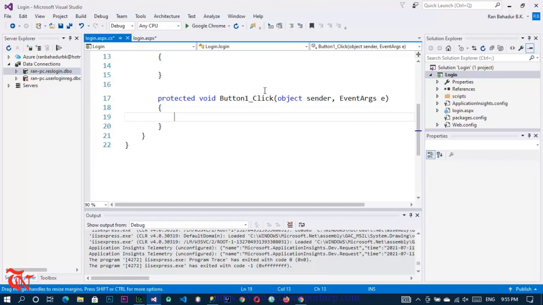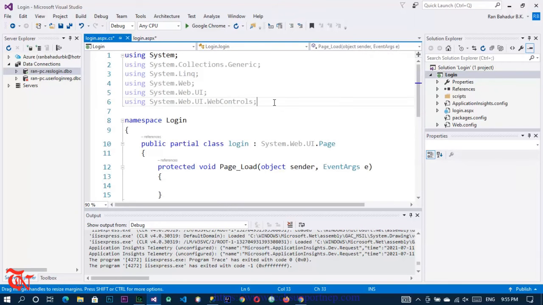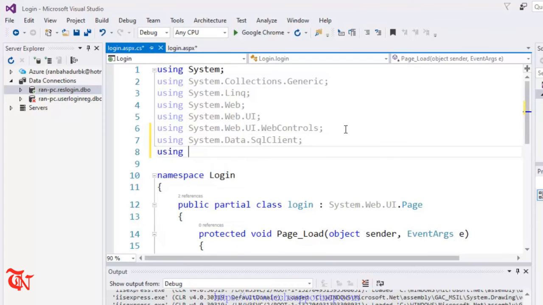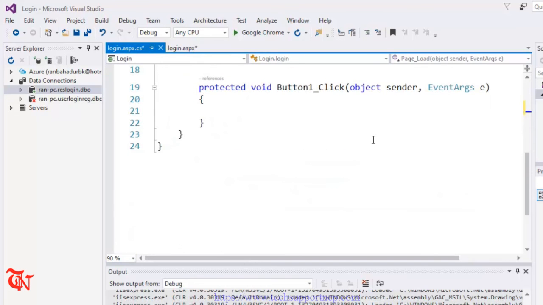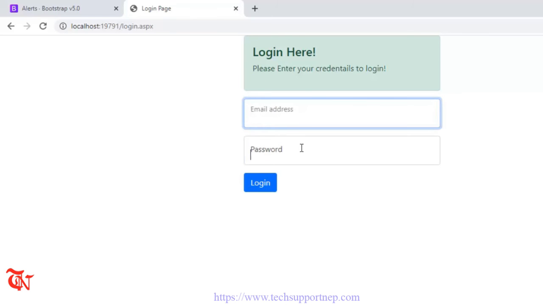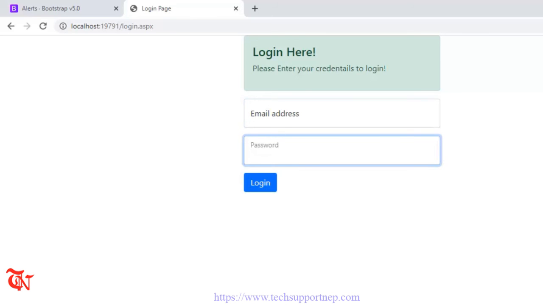It will automatically create the clicking event of that button. Scroll upward, and we need to use some classes here, that is namespace, using System.Data.SqlClient, in order to use that SQL Server database, and using System.Data. Scroll down, and inside the clicking event of that button, first of all, we need to save the user entered value. When the user enters the value in those text boxes, here we need to save that value in some variable. So in order to do that,